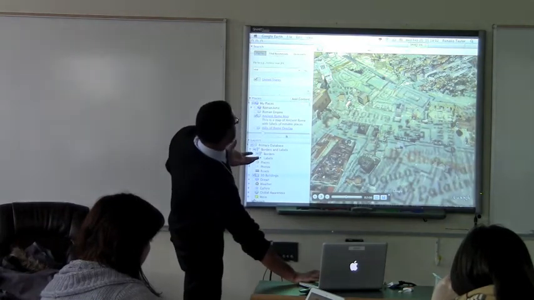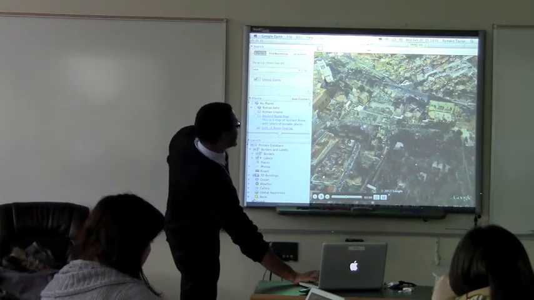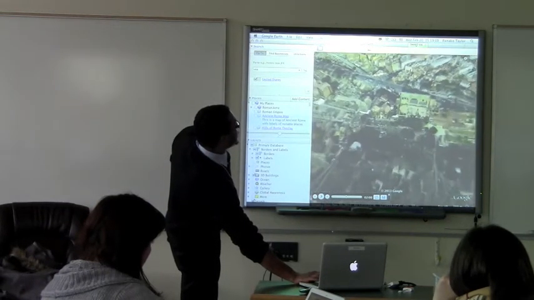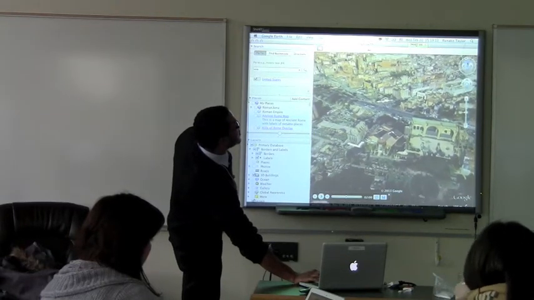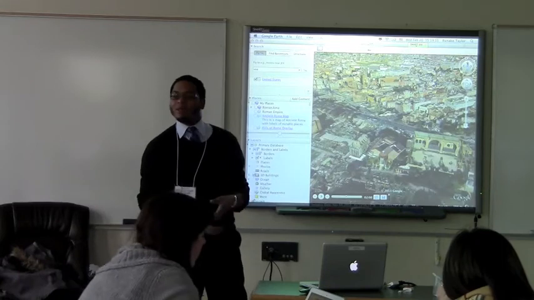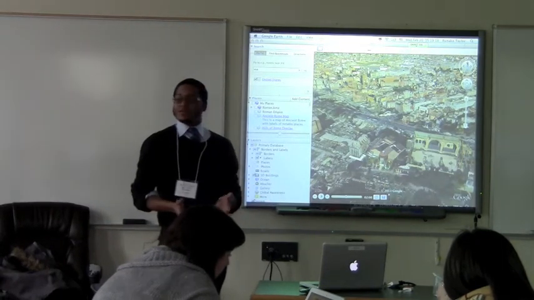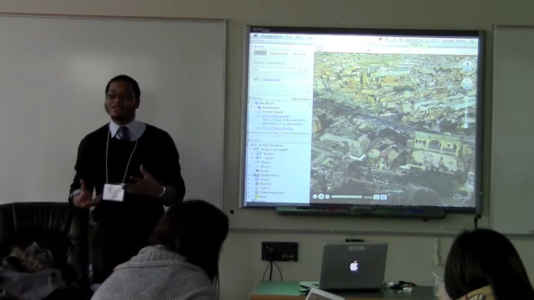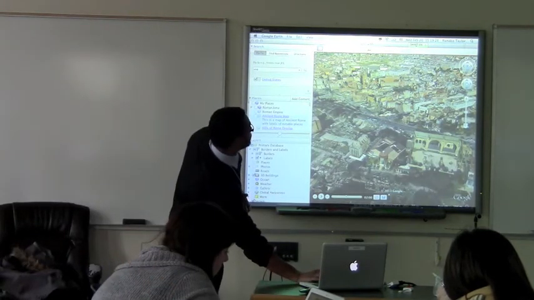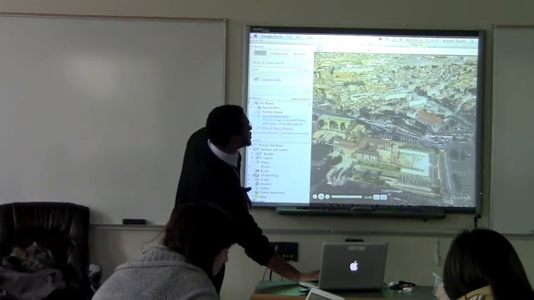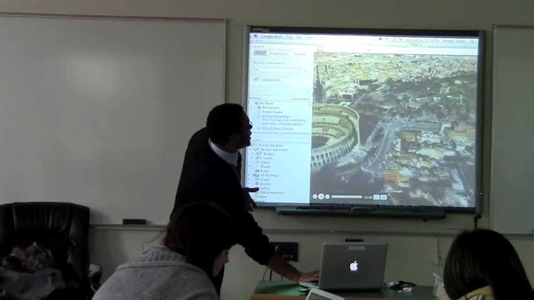So in addition to having complicated maps, sometimes it's very useful to simply make sure that I have the terrain on, and I can go in, because one of the other things that I do with the students is, they have to know things for the national Latin exam, like the 7 hills of Rome. And they look at it, I don't see any hills, right? Because there literally are hills. It's difficult to see minute elevations,